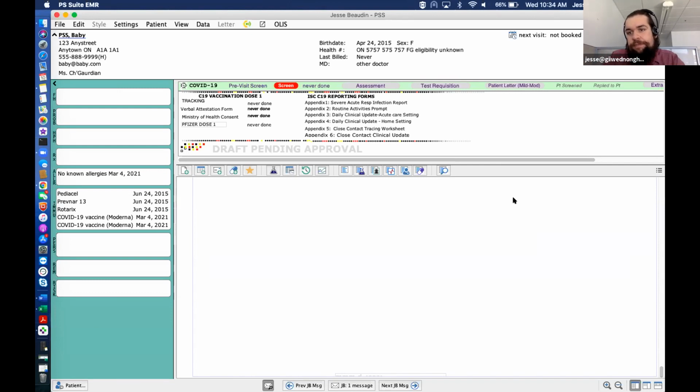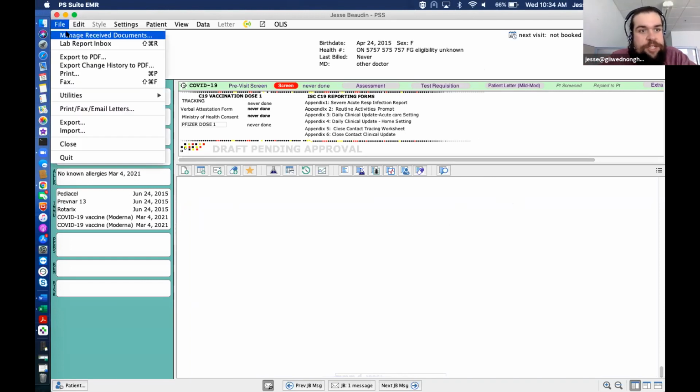So if all you really need is a verbal consent and an uploaded copy of that consent form, that's fine. We can totally accommodate that in the EMR, upload it into the patient's chart and at least have that in there. As a matter of fact, that's actually a good segue to move into managing received documents. So for example, if we do actually have a consent form that we want to put in there,